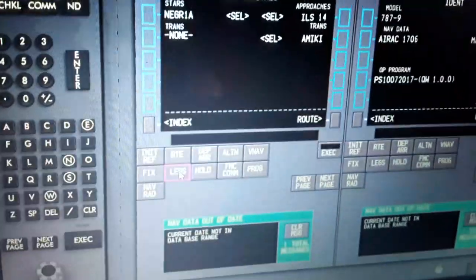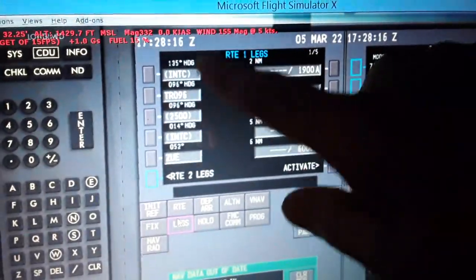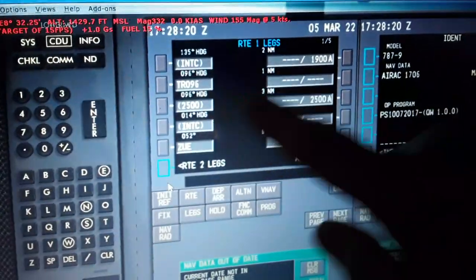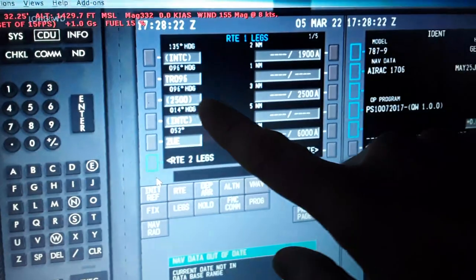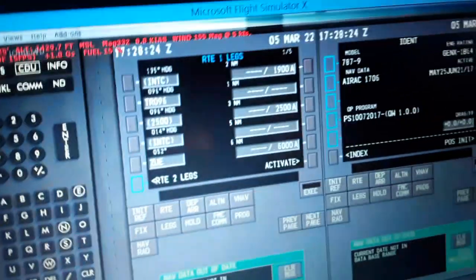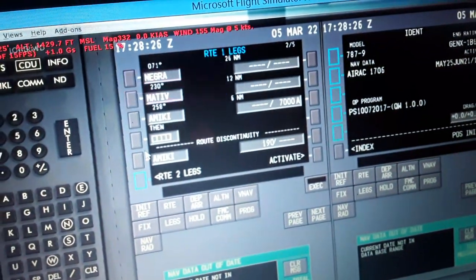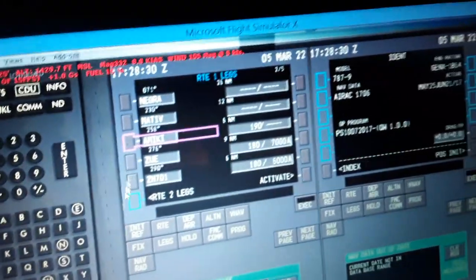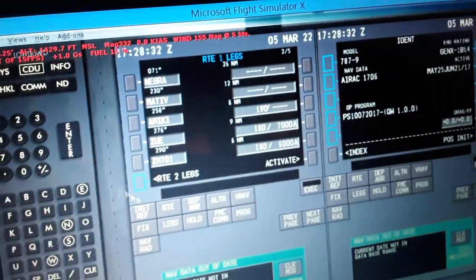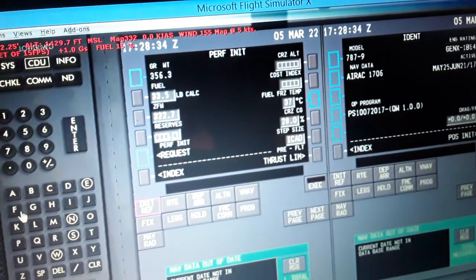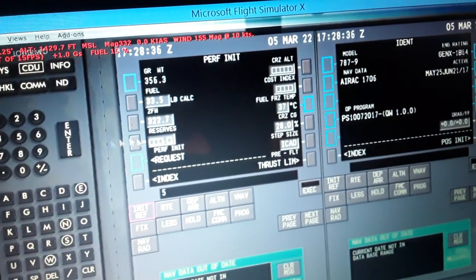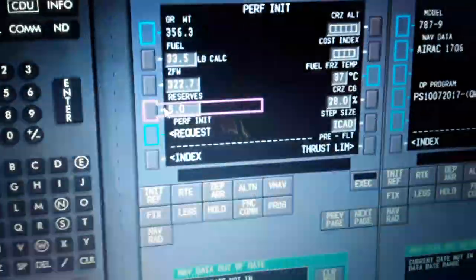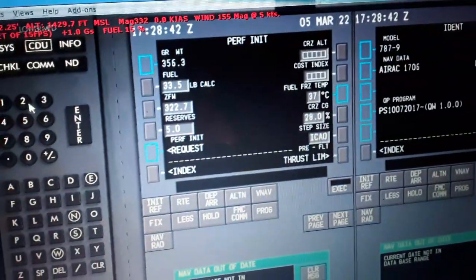So now we have the legs of the route. The route is displayed in blue color. It's not yet active. We see the first waypoint and the heading of the runway, 2 nautical miles. The altitude is going to cruise, ZUE over here, have a discontinuity, climb to the cruise level at NEGRIA, descend to Zurich 701, approach and landing. So we set over here zero fuel weight plus fuel on board, gross weight for takeoff, the reserve fuel over here 5%, cruising altitude